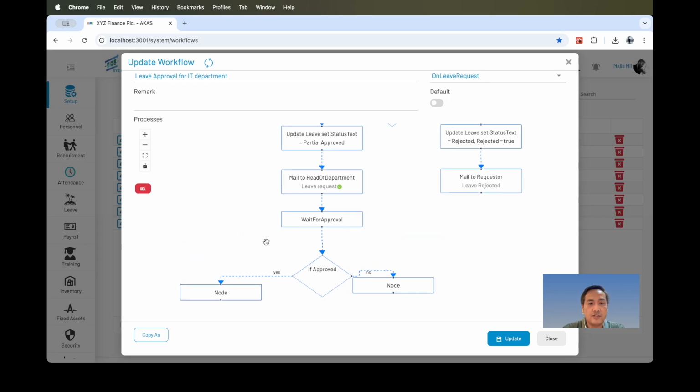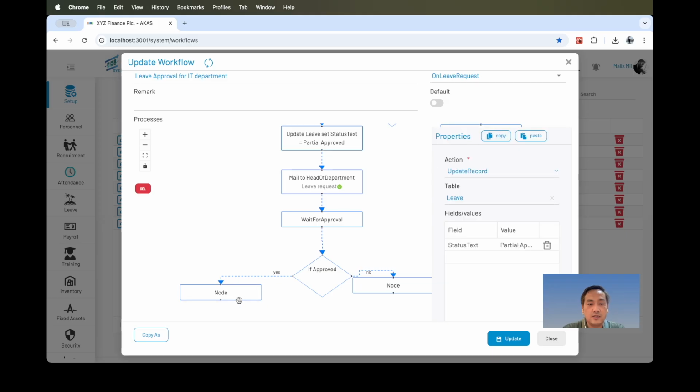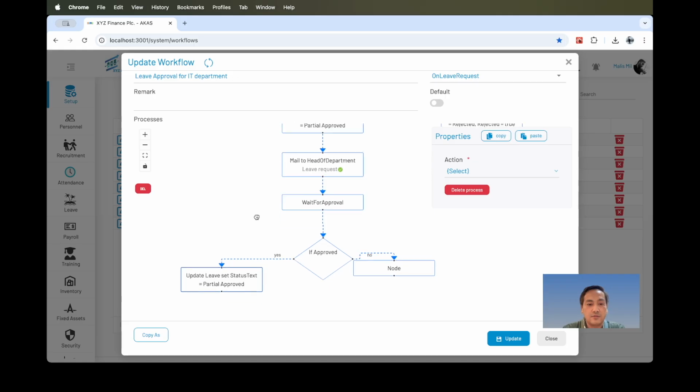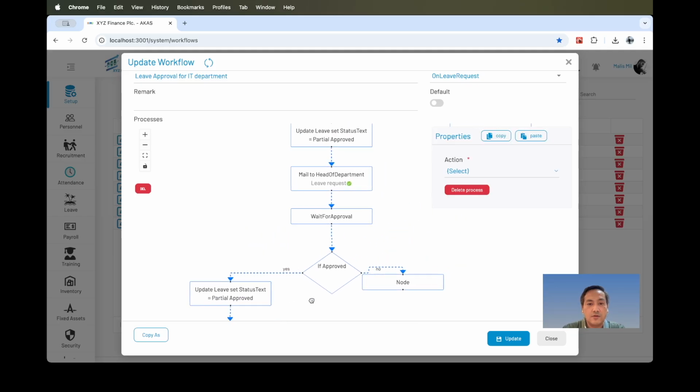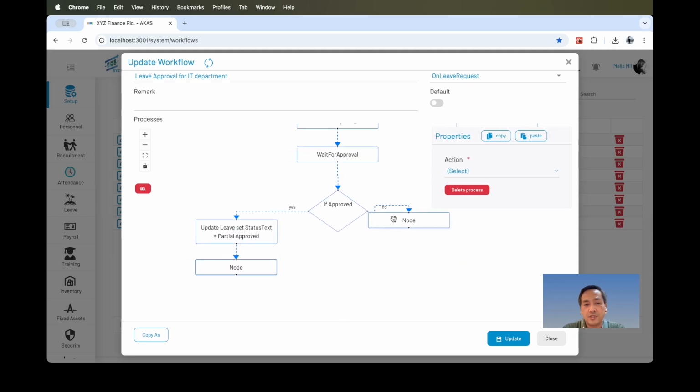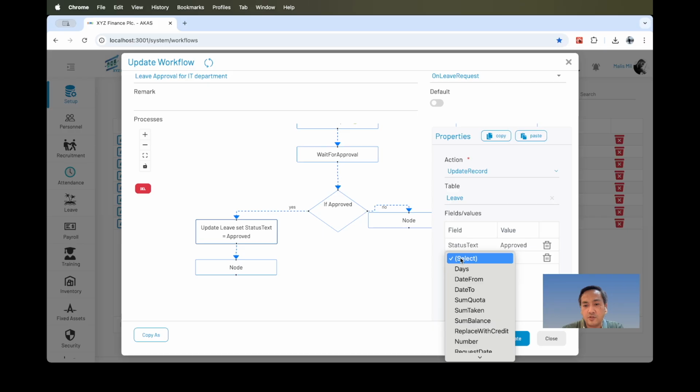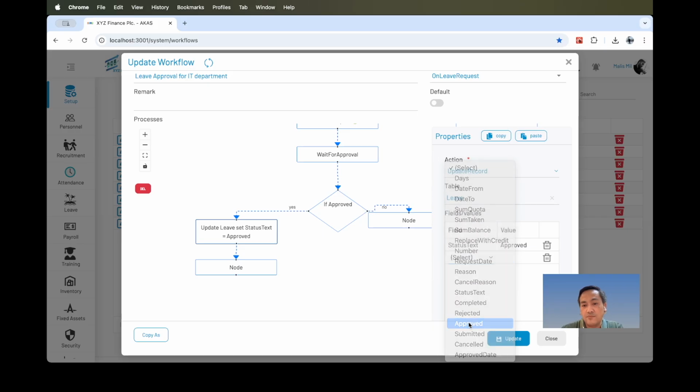So actually we can copy and paste. Let's modify this. Actually here is a fully approved. So for the final approval, you have to update the state here.